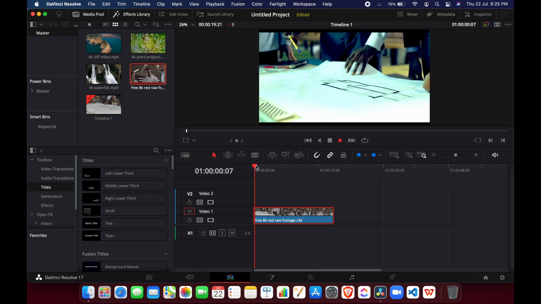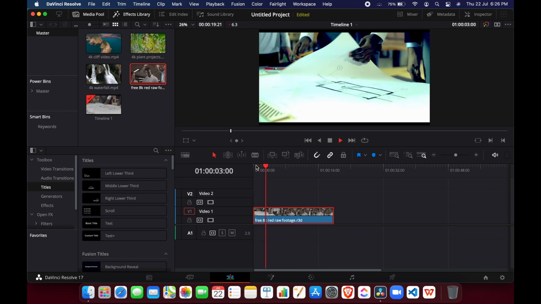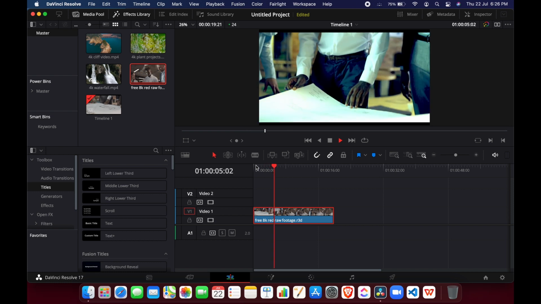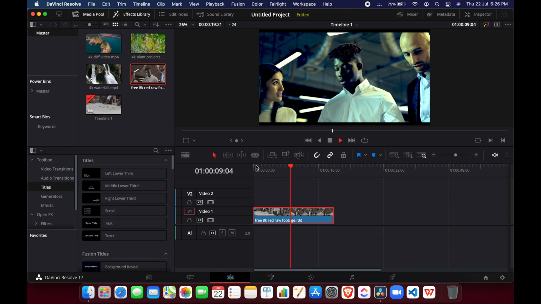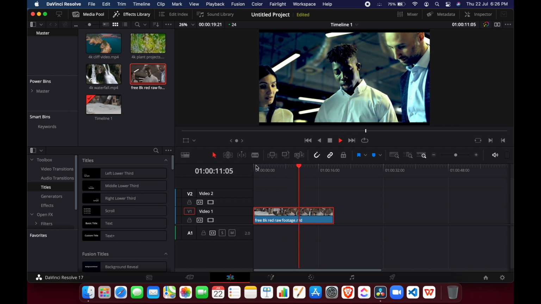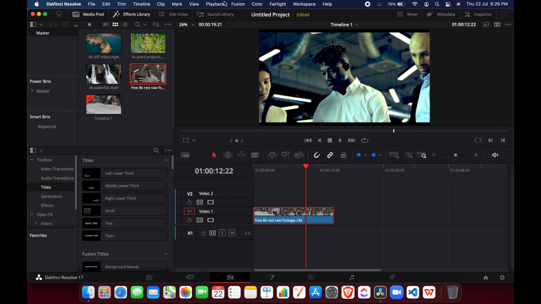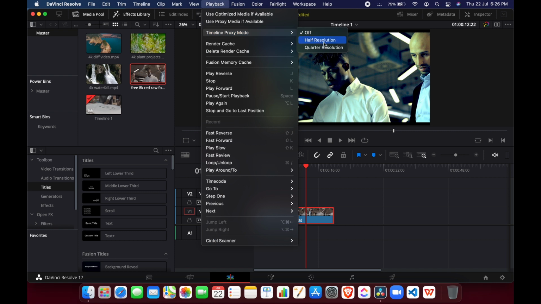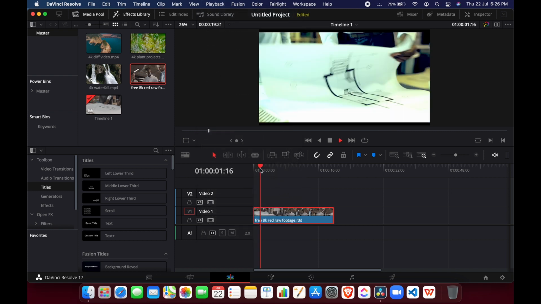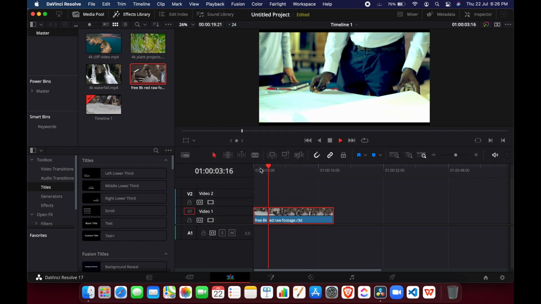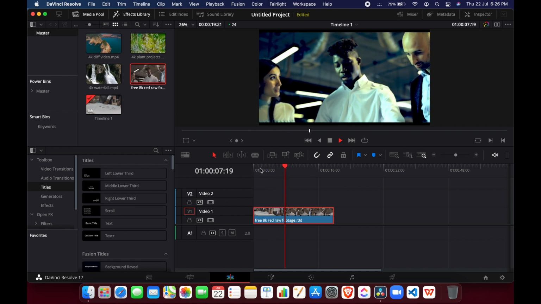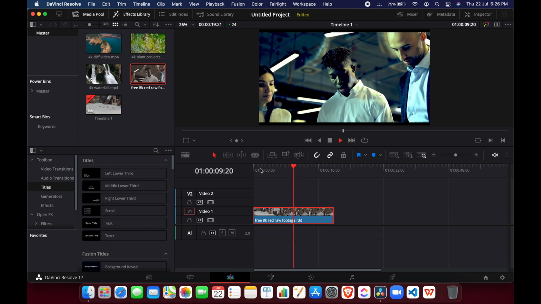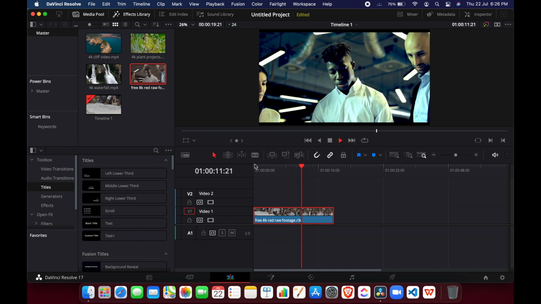Let's hit playback. And now as you can see on a 4K timeline, the video is lagging quite a lot. The playback is very choppy. There are lots of dropped frames. This is not nice. Now if I bump down the timeline proxy mode to half resolution and then play this back, still it's lagging a bit, but now it's perfect. This is playing back with color grades applied, and this is really good performance.